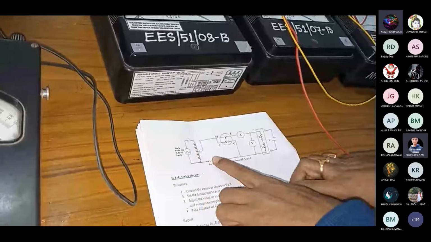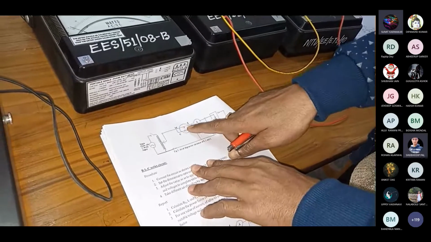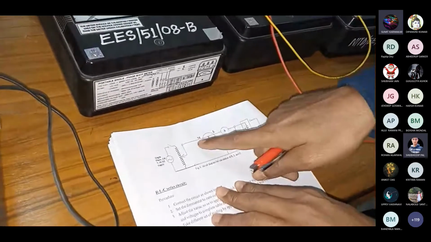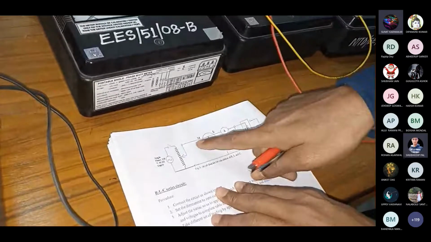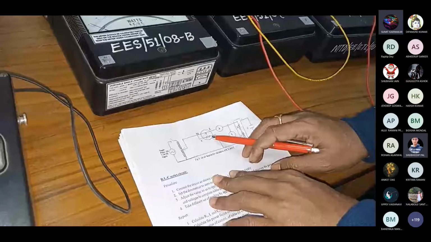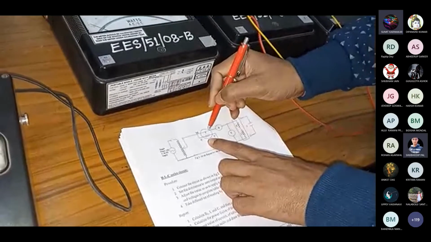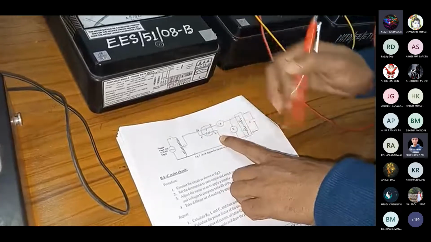Okay, students. So we will be doing this experiment. As I told you in the class also, we have two coils in the watt meter. One is the current coil, that should be connected in series, right? And another one is the voltage coil or pressure coil. So how to connect this? Between M and L, we connect our current coil, and between C, meaning common, and V terminal, we connect the voltage coil.